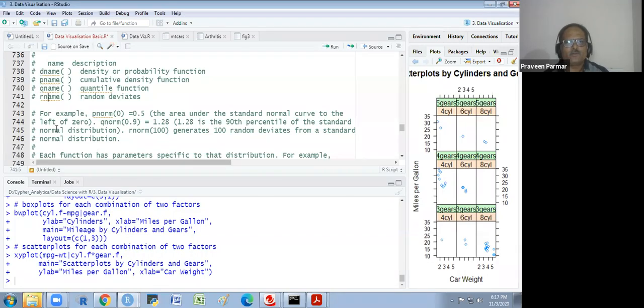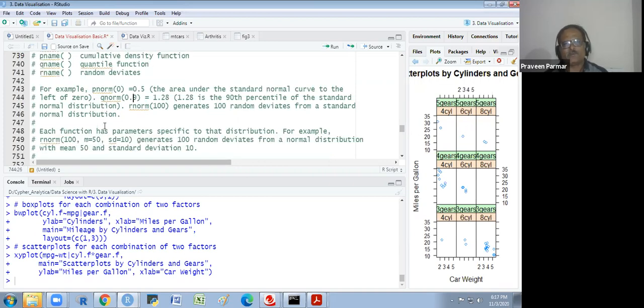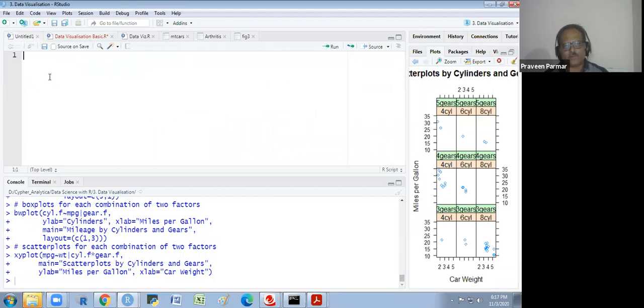For example, pnorm(0) is equal to 0.5, the area under the standard normal curve to the left of 0. qnorm(0.9) is equal to 1.28, which is the 90th percentile of the standard normal distribution. rnorm(100) generates 100 random deviates from a standard normal distribution. So this we will study in detail. I just gave you one example of this.